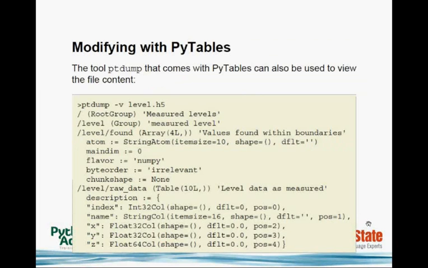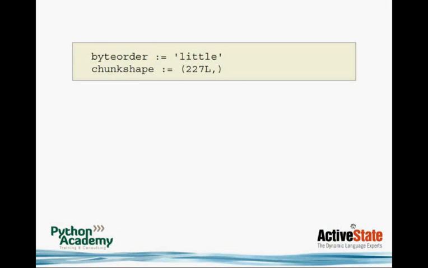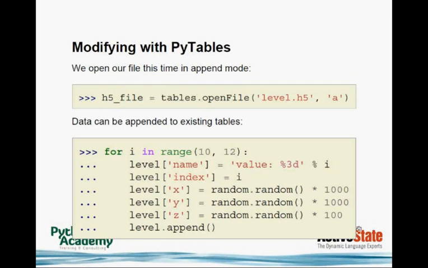Going to 9. And there's a few tools, and one of them is ptdump that comes with PyTables, and it can also be used. And this is a little bit chatty here, tells you a lot of things. So if you type it in, it tells you a lot of the internal things about how this file is going to look like, and gives you this information. And you can see down there they have all the table with default value of 0 and things like this. So you can look inside your file, which is very important. Next slide. So that's the rest. Next slide, please. The rest of this output.